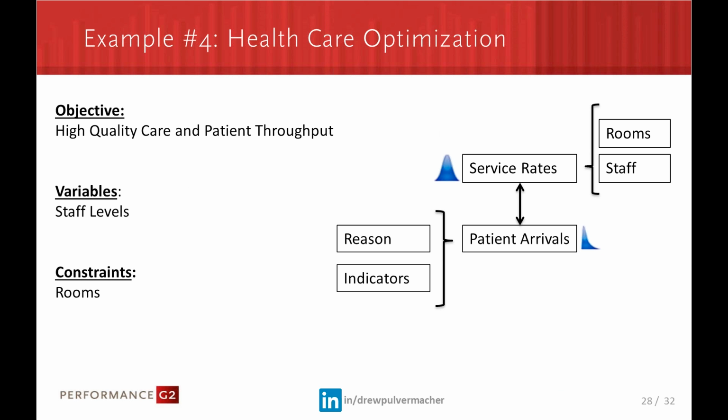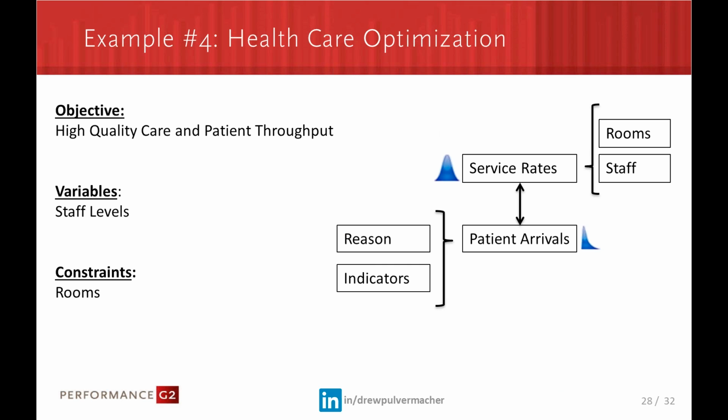Okay. Example 4, healthcare optimization. It's kind of, I don't want to say it's the same as manufacturing, but you have the staff to basically match the arrivals that are coming into the hospital. Same thing with like an order flow, the bottlenecks that happen in manufacturing. The same kind of concept happens with healthcare, although it's really complex here.